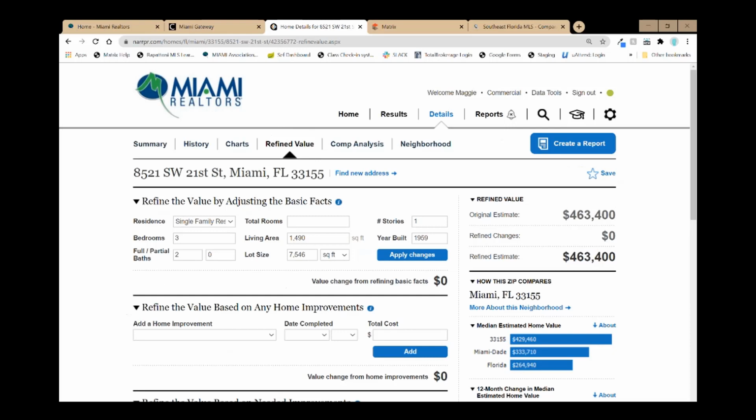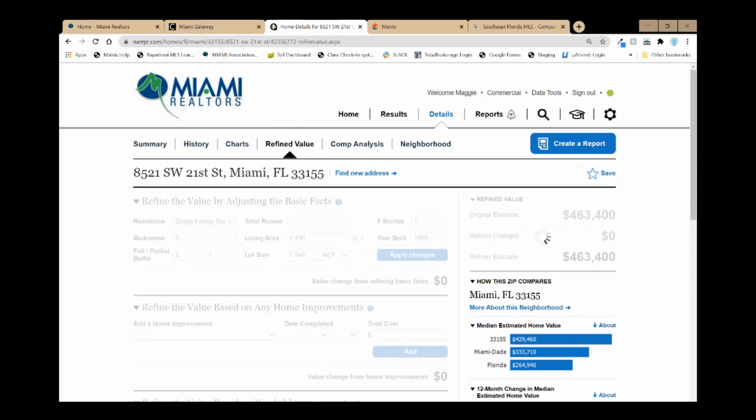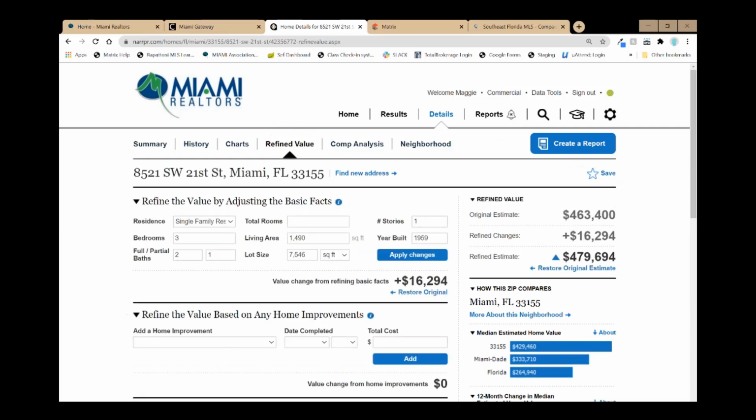So this property has 3 bedrooms and 2 bathrooms. They don't have a half bathroom. Well, what if it had a half bathroom? What if I change that 0 to 1 and I apply that change? According to RPR's calculations, it would add approximately $16,000 to the value of this property, which means that in Matrix,